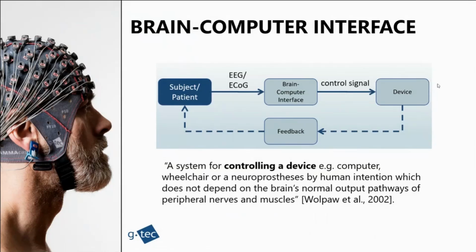This device performs the movement, then there's a feedback back to our subject itself. So the subject receives the feedback, and the brain might alter its signaling based on the feedback they receive. For example, if the feedback is an electronic stimulation, it may cause some kind of spike in some area of the brain. So you can see it forms a closed loop system, making the signal keep updating itself and keeping